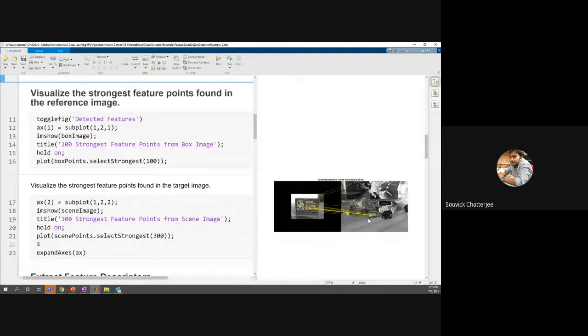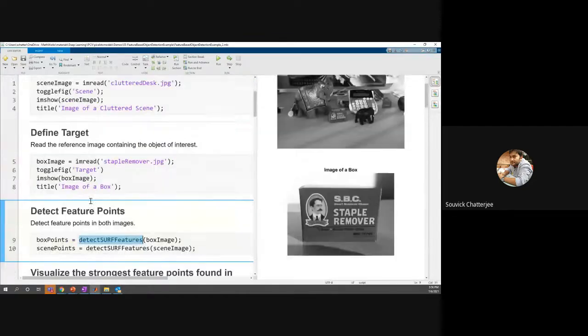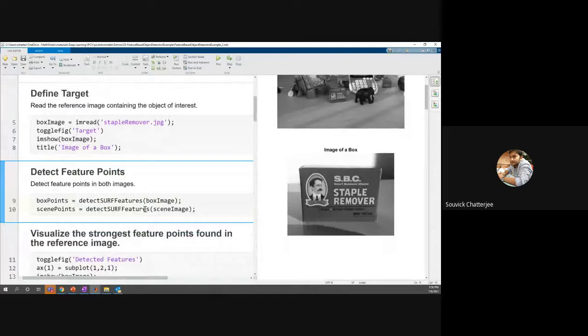And here basically we are mapping those features. So all these features in the stapler image then get mapped with the original image. So this is something that branches off to the area of computer vision, where basically we can do object detection. For example, if we give an image of this stapler, and from a big image we want to find out what and where that specific object is, we can do these types of things. This is also not very difficult to write a program because of these inbuilt commands like detect SURF features and all. This detect SURF features detects features in images.